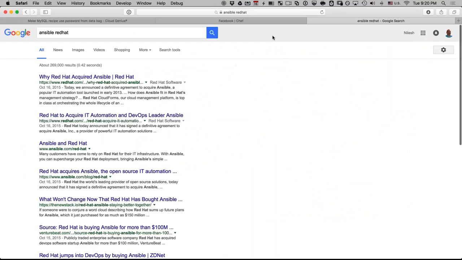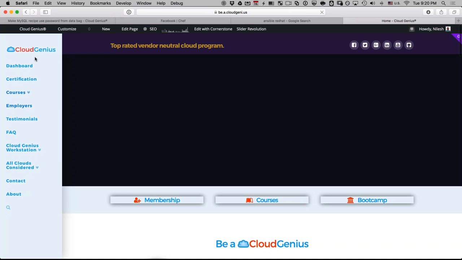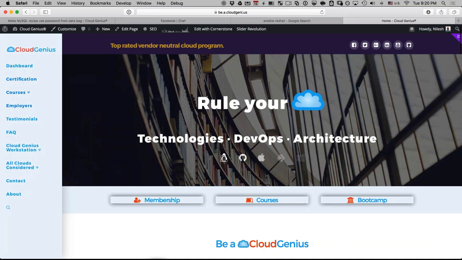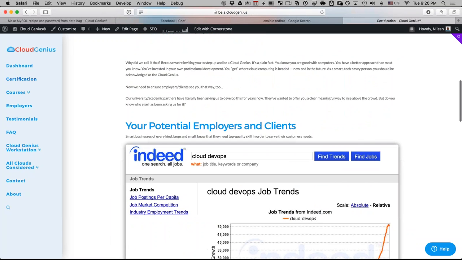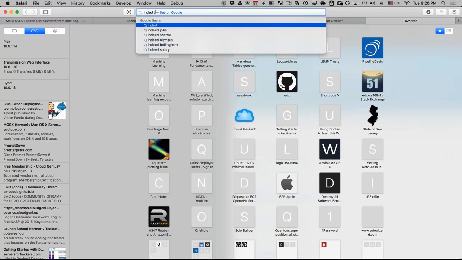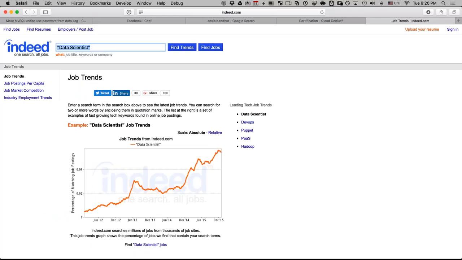another way to look at that is to go look at something like, hold on, there is a link already here. What is that thing called? It is called Indeed.com. So we'll go to Indeed Trends. And through that trend analysis, we will go look for the word data scientist. Okay, so we'll go look for the word